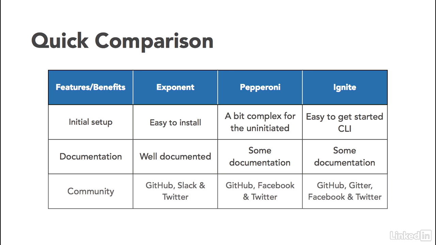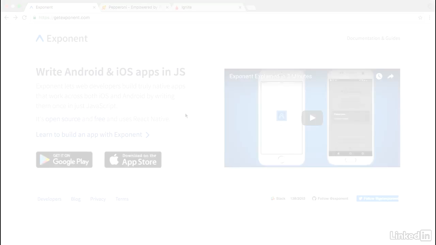So here's a quick comparison of all the three frameworks. And basically the way I structure the table is to show you where you are in the process of using the frameworks. So for example, Exponent is fairly easy to install and is well documented and has a strong community. So if you take a look at